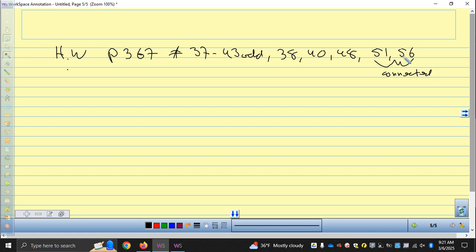So 51 and 56 have to do with the solutions to number 38 and 40. So that's why those even ones are pulled out of this set of odd problems. 37, 39. That's 4. So we had